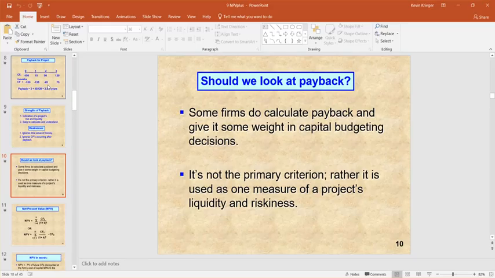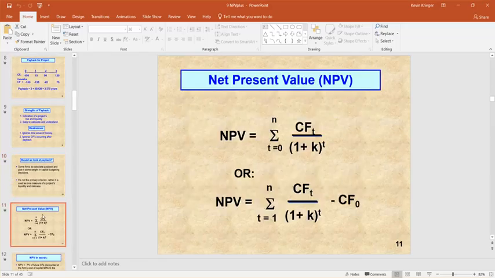You could be in a case where you have one project that has a payback period of 2 years, another that has a payback period of 5 years, and the 5-year payback period might actually be the better project, even though it takes you longer to get your money back. Why? Well, when the 2-year project is done, it's done, whereas the 5-year project continues to make you profit for a long, long time. So it's not enough to just know the payback period, although it's something people can wrap their heads around quickly. What's something we would prefer that you use?